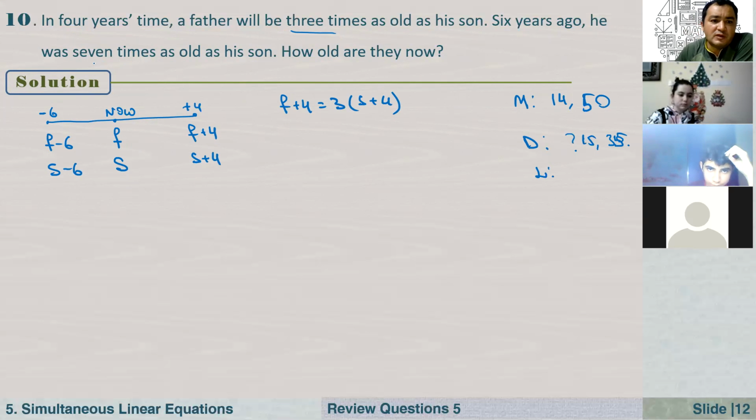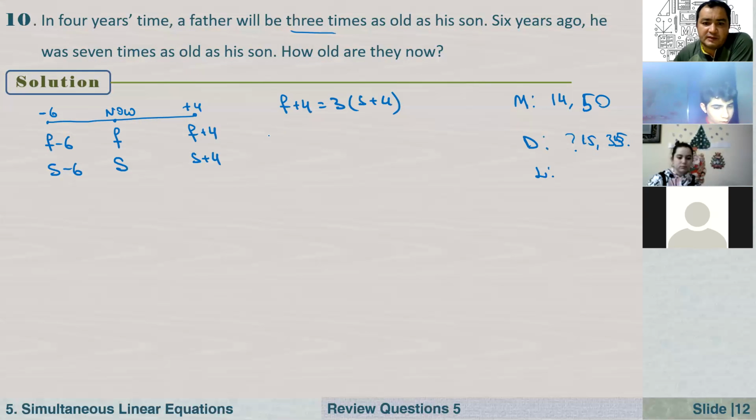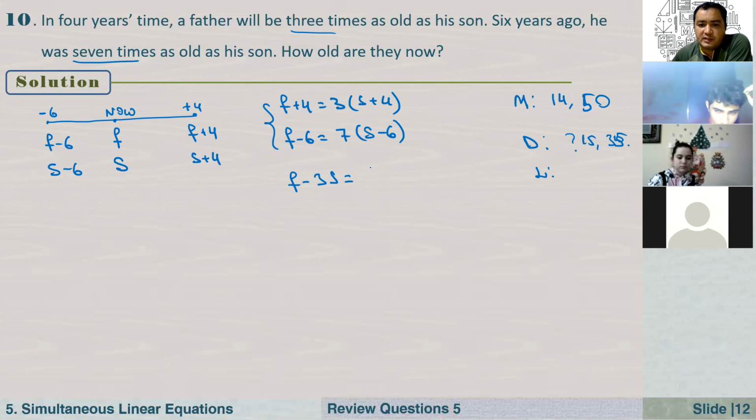Six years ago, he was 7 times as old as his son. Six years ago, father was F -6 years old, and 7 times, that is 7 times S -6. That is the system of equations. So if you solve the first equation, it becomes F -3S is equal to 12 minus 4, that's equal to 8. The second one is F -7S equals 7 times -6, -42 plus 6, it is